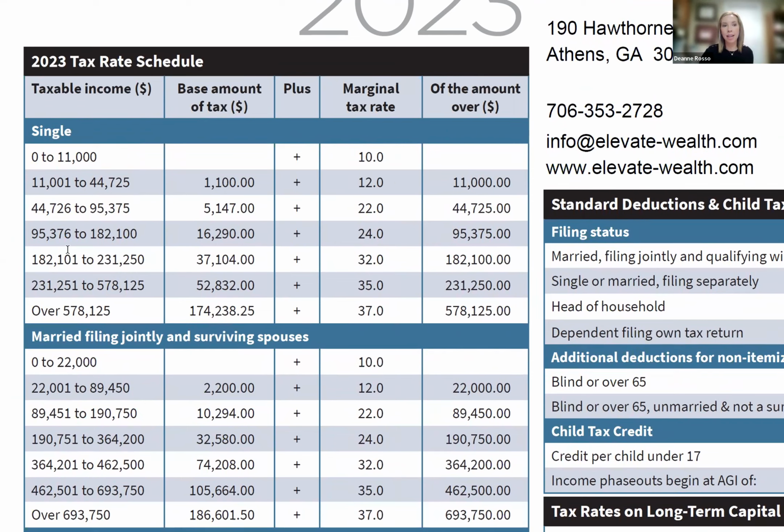I'm looking mostly here at single and at married filing jointly, which is where most filers file. We also got a bump in the brackets this year. As an example, the 10% marginal tax bracket for a single individual goes from $0 to $11,000, and that's up from $10,275 last year. The next bracket, which is 12%, caps at $44,725, which is up from $41,725 last year. So these brackets also got somewhere between a 6 and 7% bump in the amount of income that you can make and stay within that marginal tax rate.